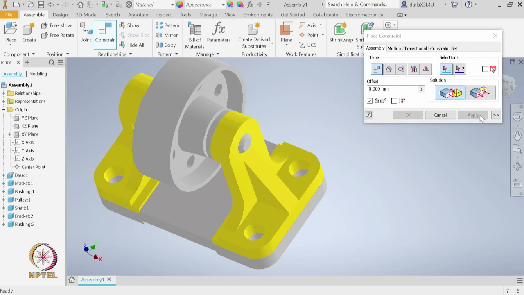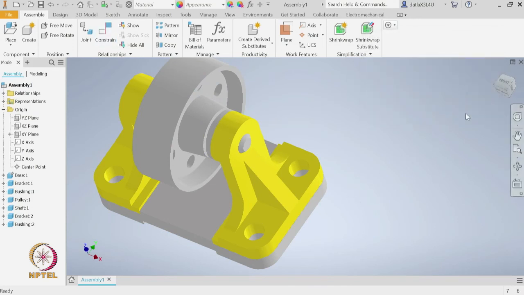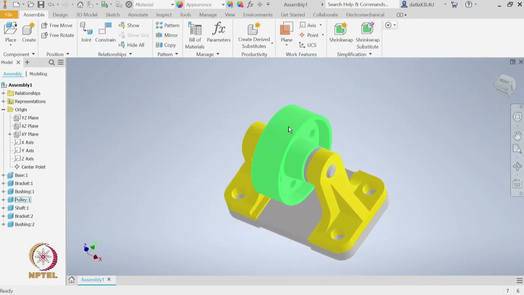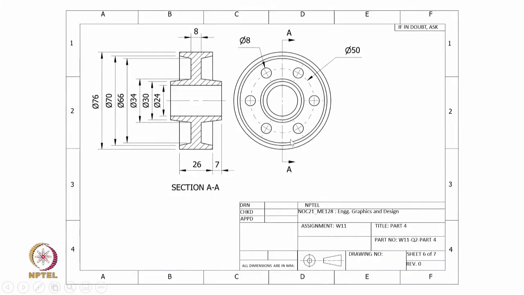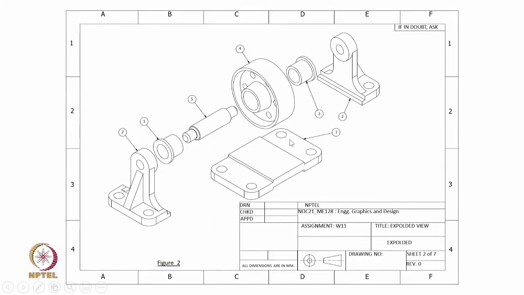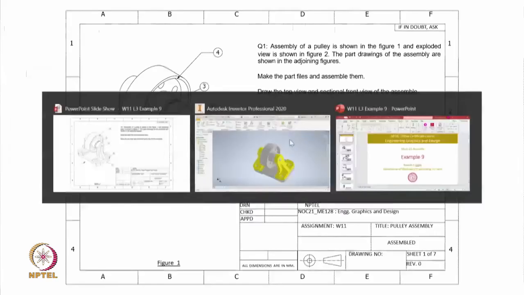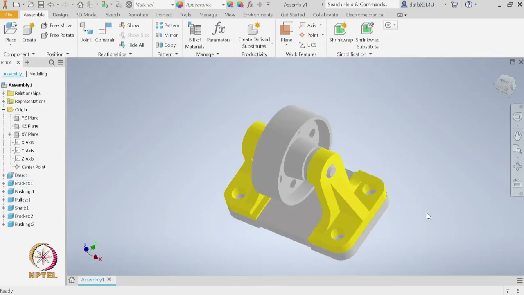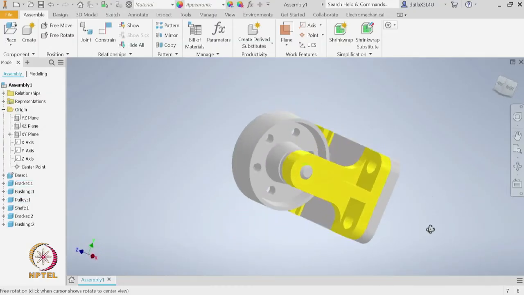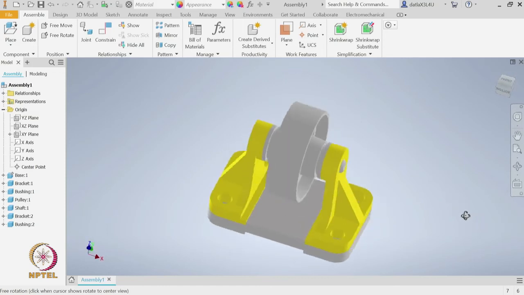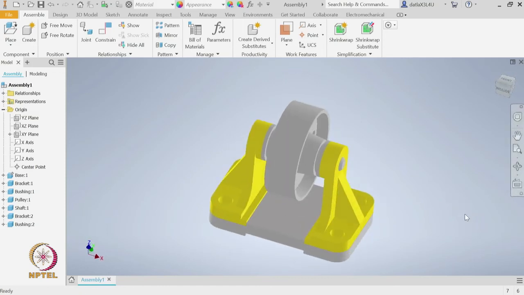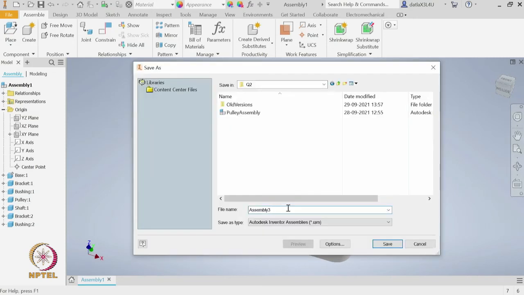So, once we apply, we see that this problem now matches exactly with the question we are given. Okay. So, we can rotate and see that now we have all the components in the right orientation and the position.